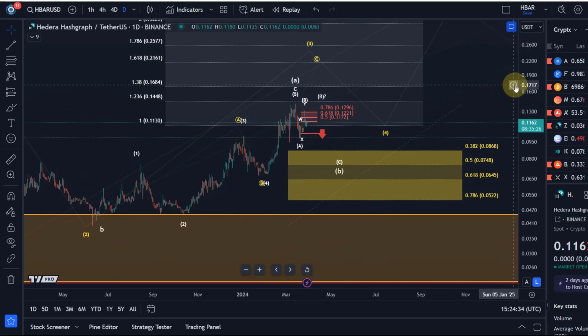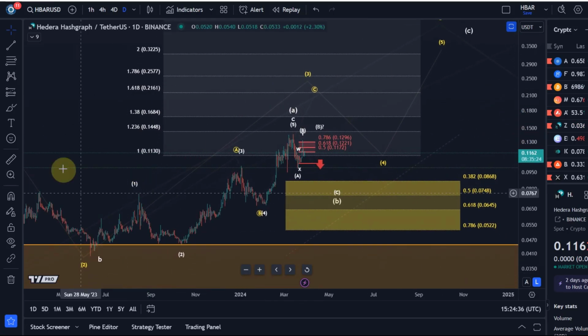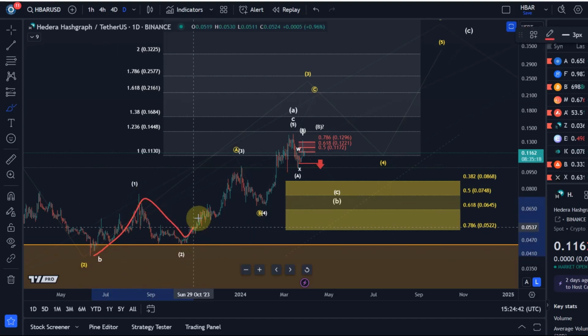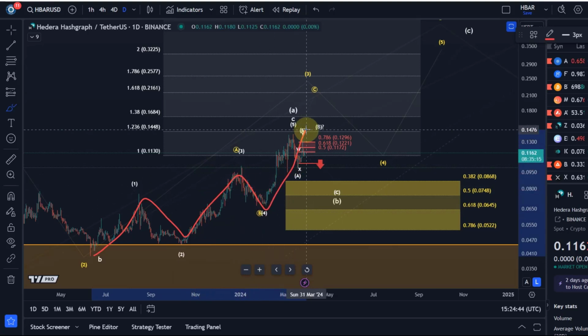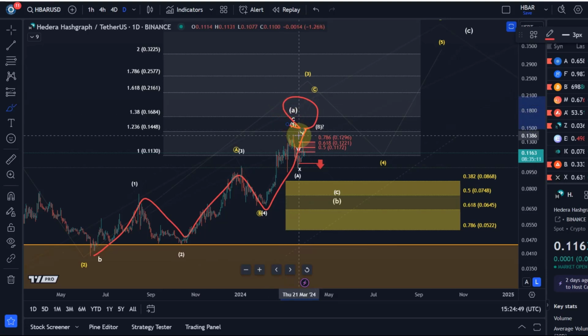The first one is a large ABC structure as highlighted in white, in which obviously after the June low, a 5-wave pattern to the upside materialized. And then this could be the A wave of that ABC structure. Then this move to the downside could now be an ABC structure in a B wave pullback, in which the